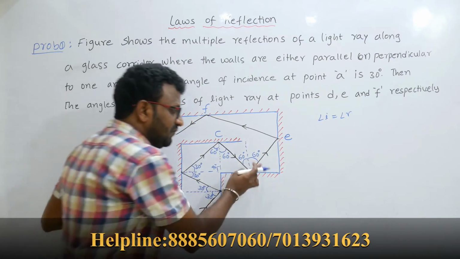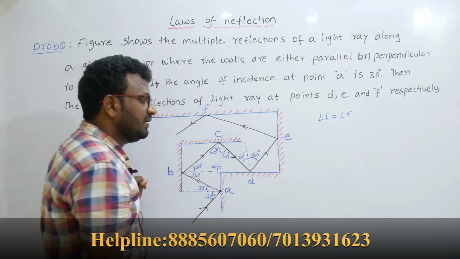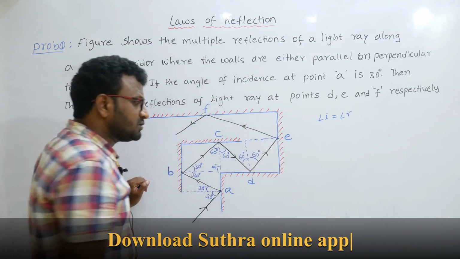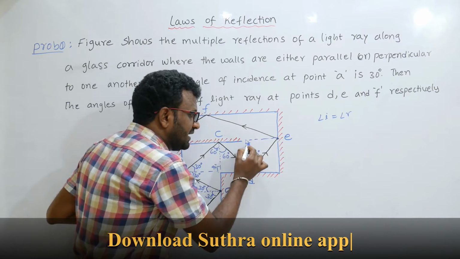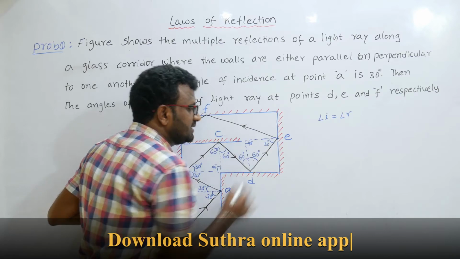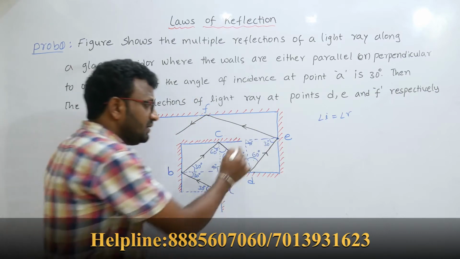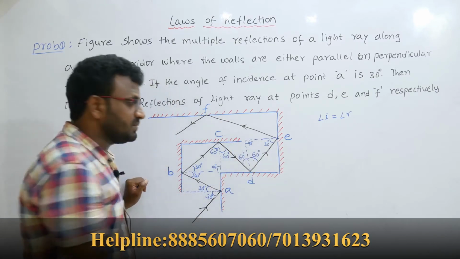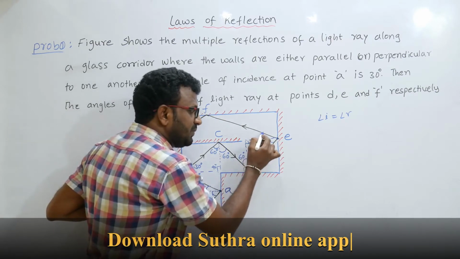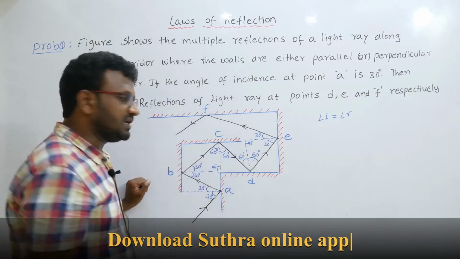So after the reflection, the reflected ray is incident on the other mirror at the point E, right. At the point E again I am going to draw the normal line. So this is 60, this becomes 90, then what about this angle? 30 degrees. So 90 plus 60 is 150, plus 30. The sum of three angles is equal to 180 degrees because it looks like a triangle. So here the angle of incidence is 30, so this angle also becomes 30 according to the laws of reflection.